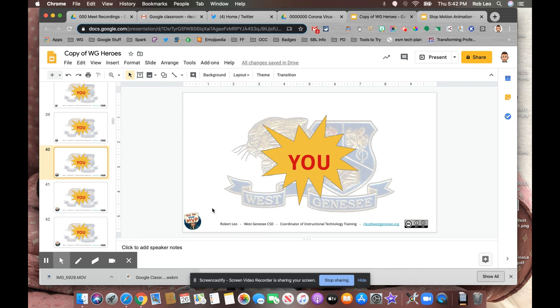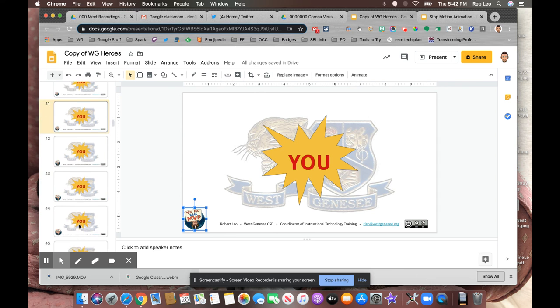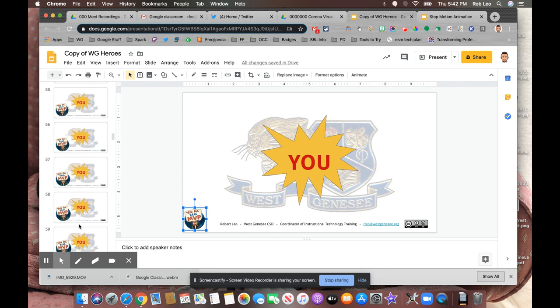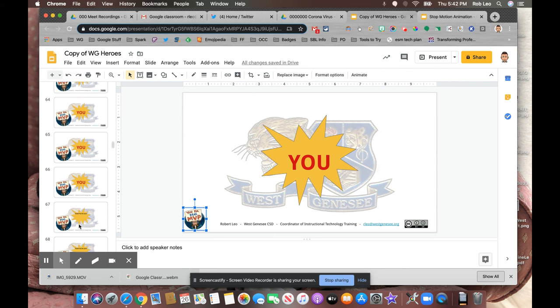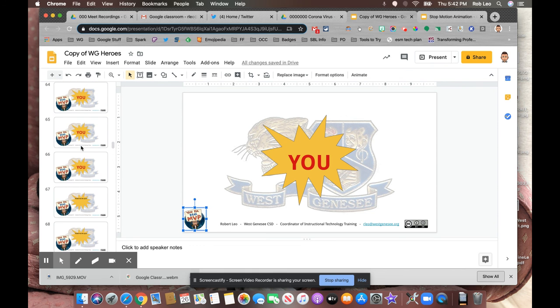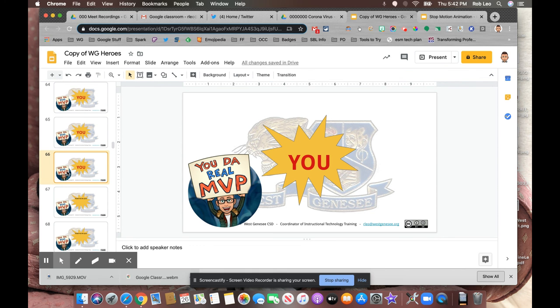While that was happening, I also inserted a Bitmoji. I'm not going to teach you how to do a Bitmoji here, but you can put anything here, just a picture. I made it really small, and then each time on the next slide, I made it a little bit bigger. I just dragged the corner, made it slightly bigger, and kept doing that. I didn't move it, I just enlarged it. And then ultimately, you can see after a lot of slides, it finally came through to its final resting place,